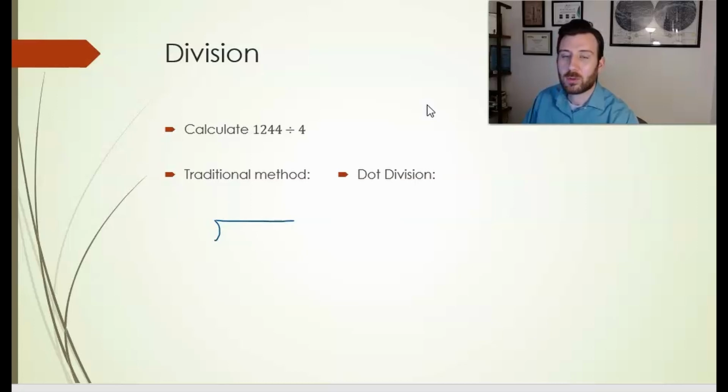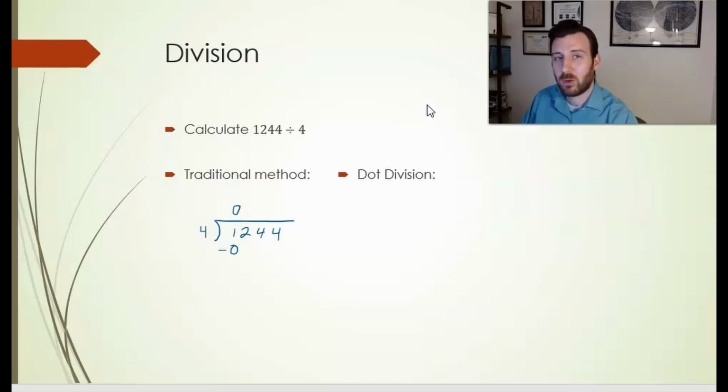And instead of reading this from left to right, we are now going to write this from right to left. Once we have this set up, then we need to ask ourselves not how does 4 go into 1,244, but how does it go into just the first digit, the 1, which it doesn't. So we might put a 0 on top and say that 0 times 4 is 0, and that we do